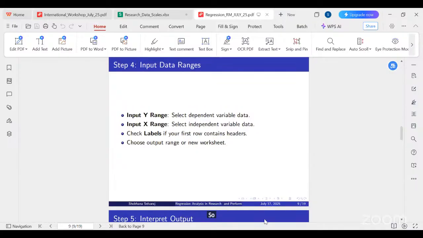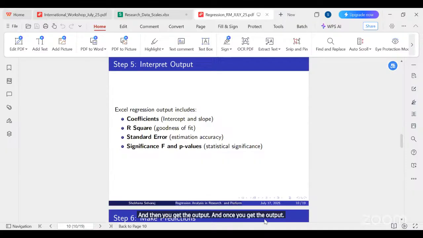As we have seen in the last class, the procedure would be the same: inputting all the required inputs, labels, and selecting the output range, etc. And then you get the output. Once you get the output, you are ready to interpret it. Excel will generate a detailed output table. The key parts include the coefficients, that is the intercept and slope, or what you can call the parameters,